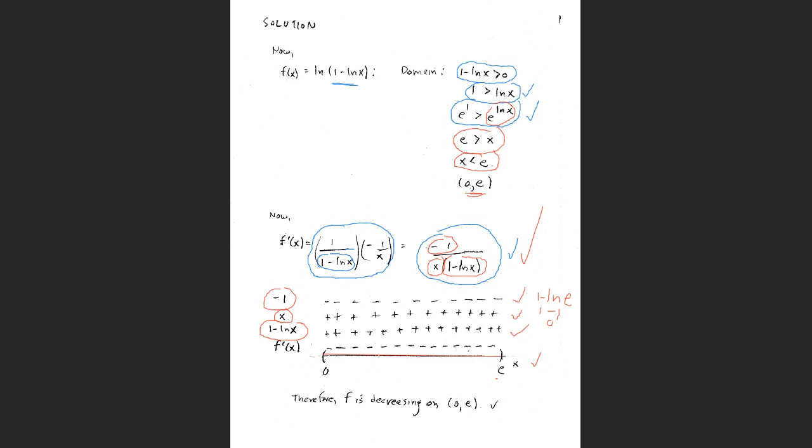But then anything less than e, like if you had the log of half e, you would get a value less than 1, so 1 minus the log of x is positive from 0 to e. And so the first derivative then, which is equal to the negative,